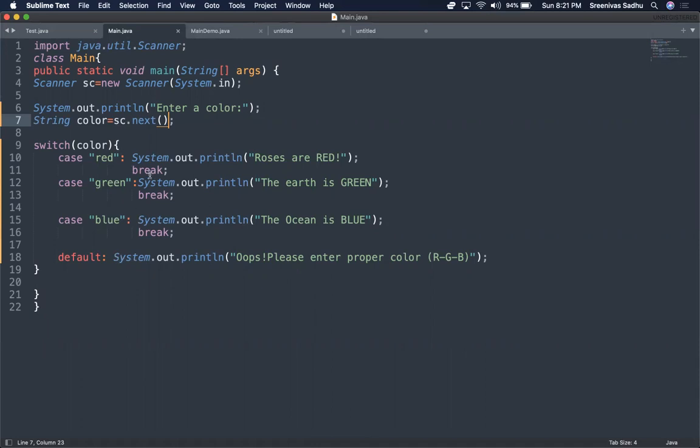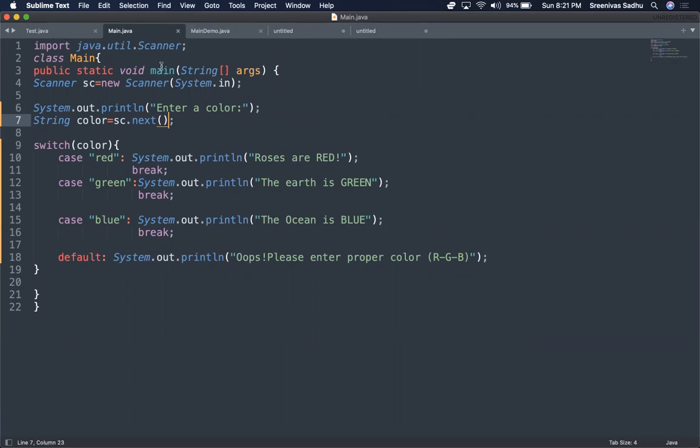Now after every case statement I am writing a break statement. That means whenever the case is red, I am going to print roses are red and then break, so then come out of it. I don't want to carry these cases through, just like how I did in the previous example.